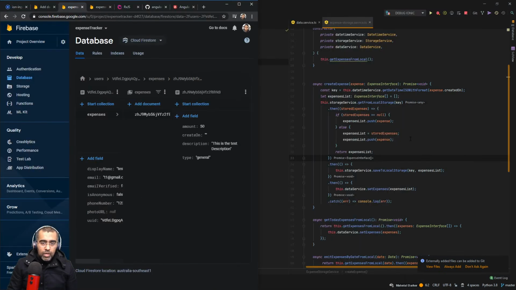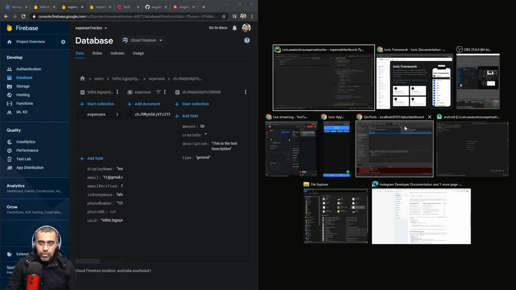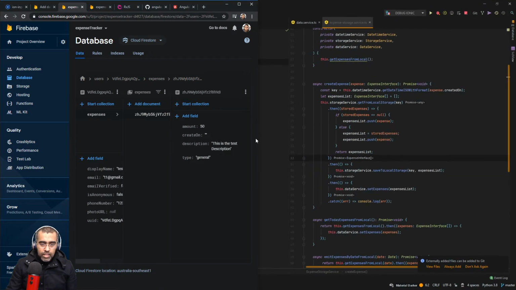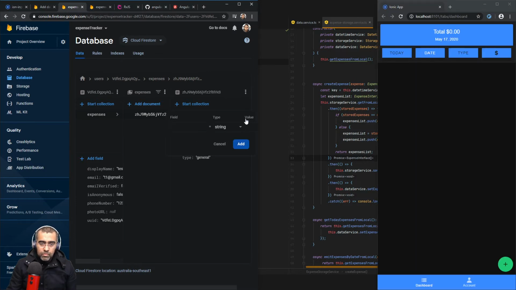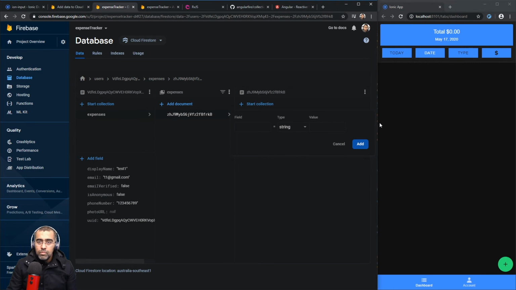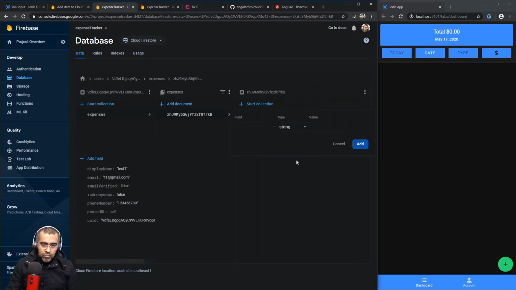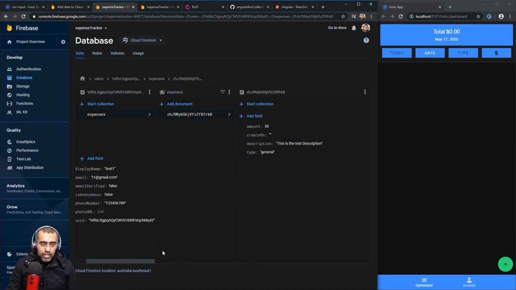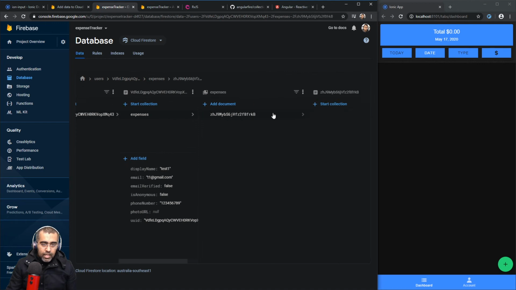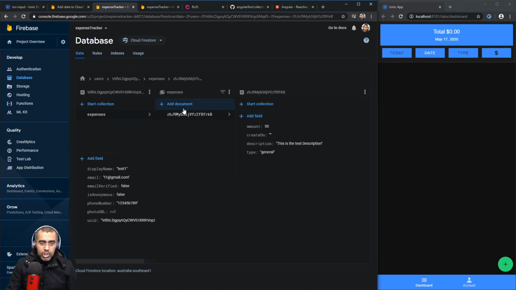So now if we take a look at our code, we can see that we got this collection expenses, and then here we got another document there. So we got expenses collection, and then another document, and this doc that we created can have